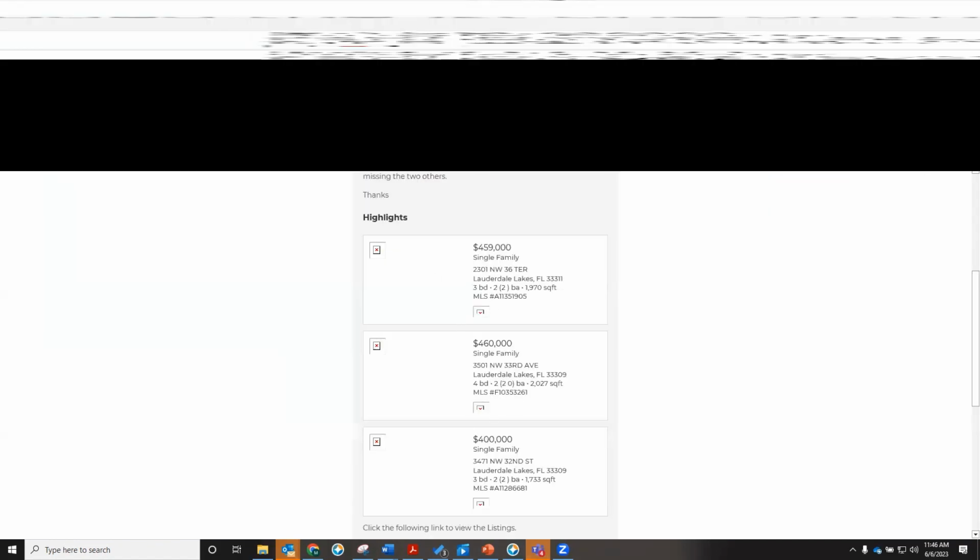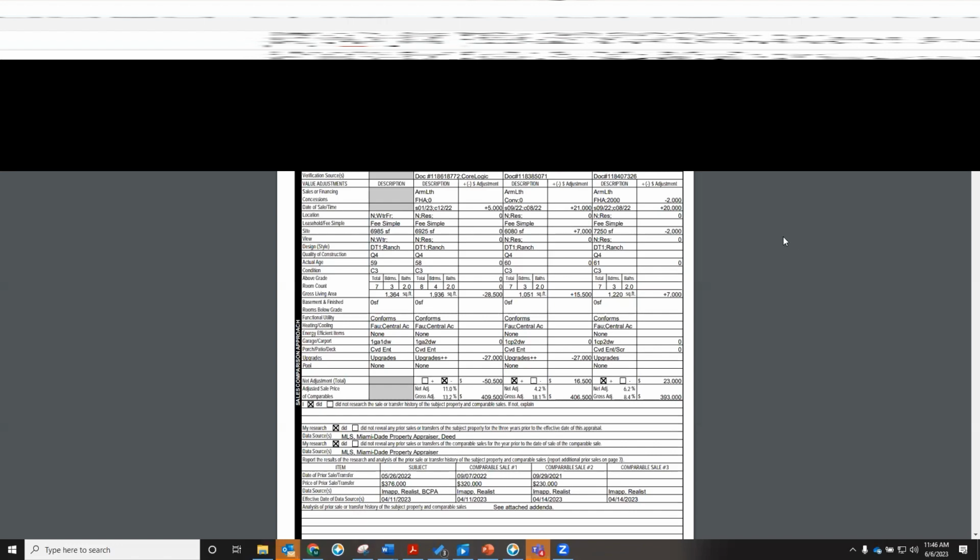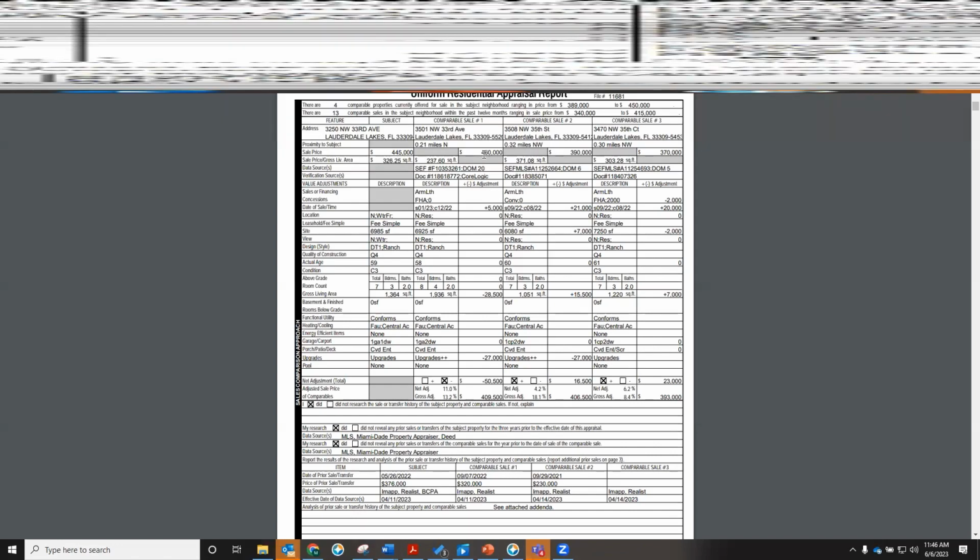The appraiser is literally trying to help us here as much as he can, utilizing the one sale that was at 460, because everything else has been below that, 390, 370, right? And so they're trying to help us as much as he can, but realistically, hey, this one was completely upgraded. This one is 1.5 times the size of the subject,